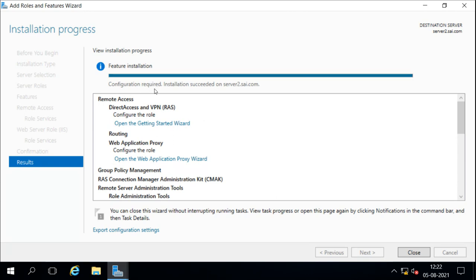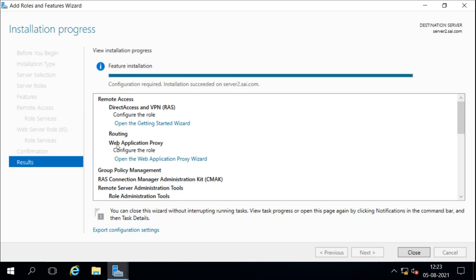Okay, now it has finished the installation of this remote access role, and after the installation it says to configure the role by using this getting started wizard for direct access and VPN. This is for configuring direct access and VPN, and also for direct access, VPN and routing. So if you want to do that, you can select this option to start the wizard and configure it.